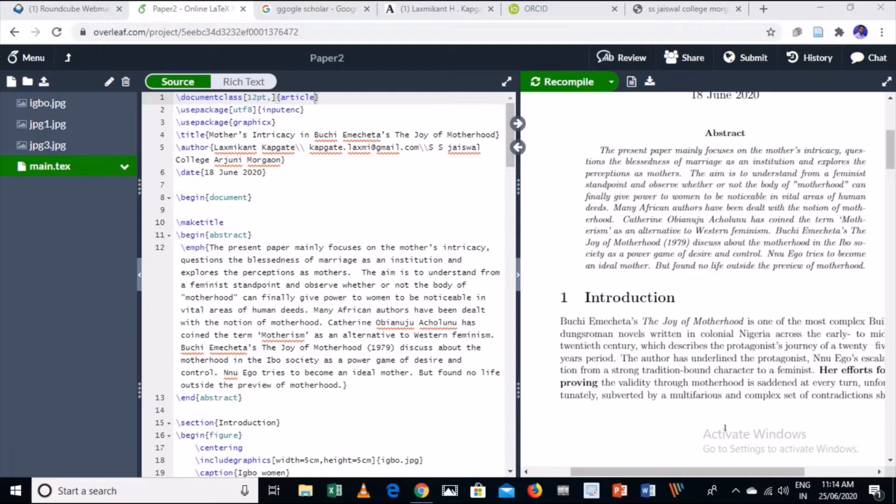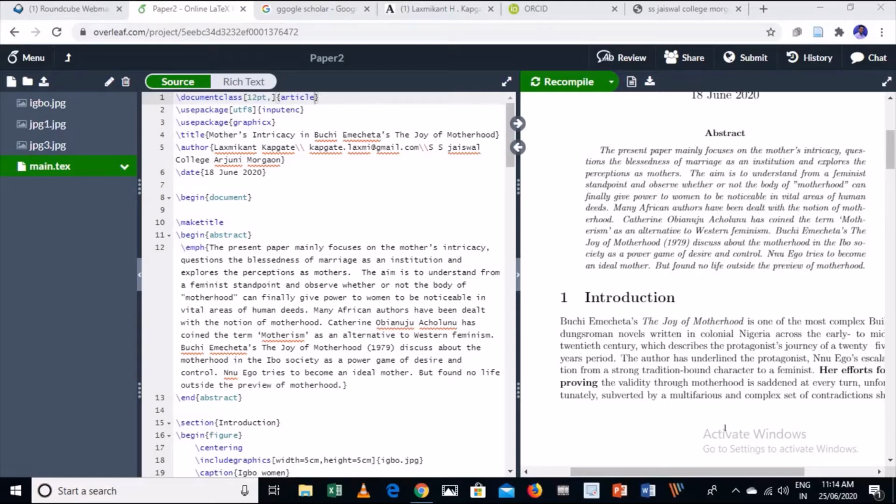In this video, I will explain how to add a bibliography, how to add references, or how to cite works in your research paper. Many friends email me asking how to add references in their research paper. So today we will have the solution for this.